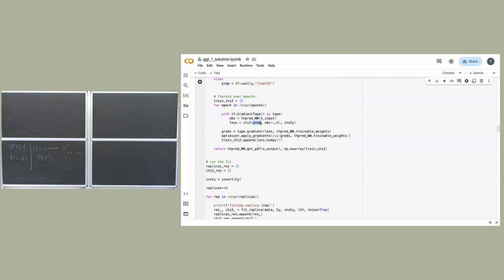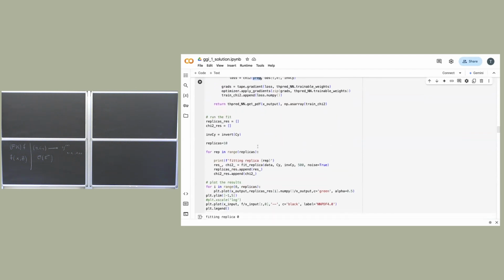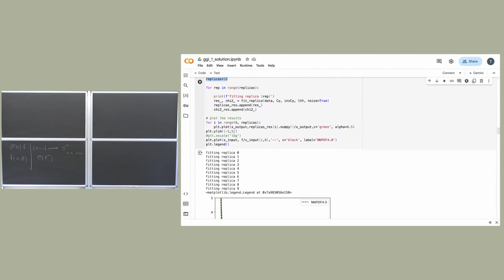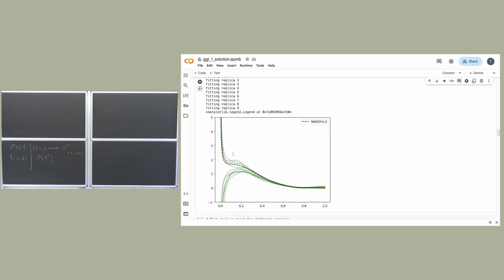So this is my function, and then you see I'm calling it 10 times, for rep in range 10, fitting the replica number rep. This function gives me back the results on the grid to produce the plot, and also the chi-square, so that I can plot the chi-square as before. I run this code, and I do the plot. And you see, I get this